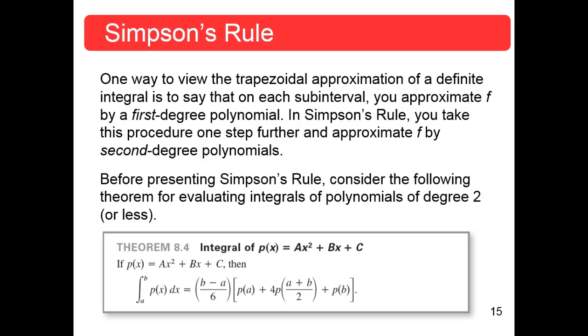Before presenting Simpson's rule, consider the following theorem for evaluating integrals of polynomials of degree 2 or less. That is quadratic, since linear is included. Here is evaluating an integral of this form: P of x equals ax squared plus bx plus c. That's your P of x. Then, to integrate P of x between a and b,